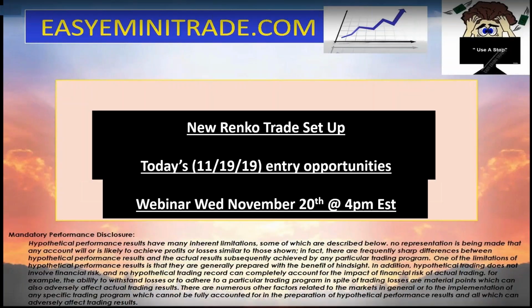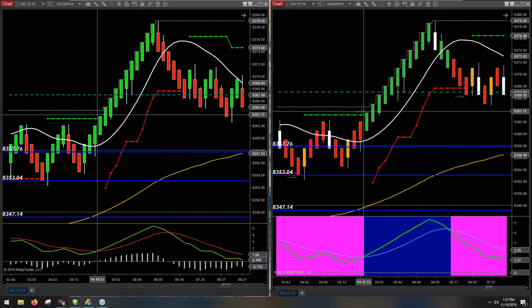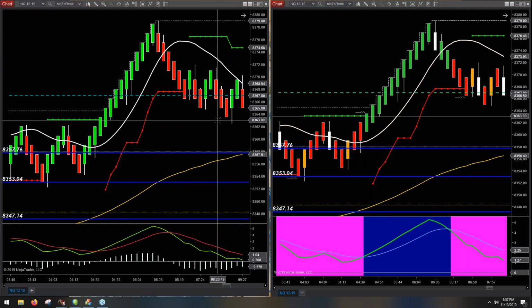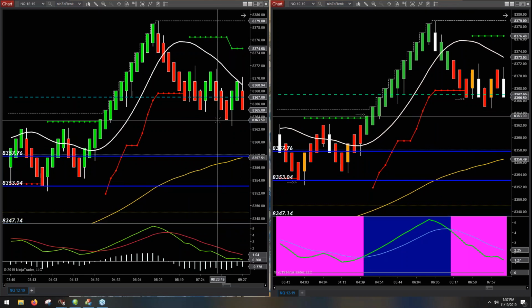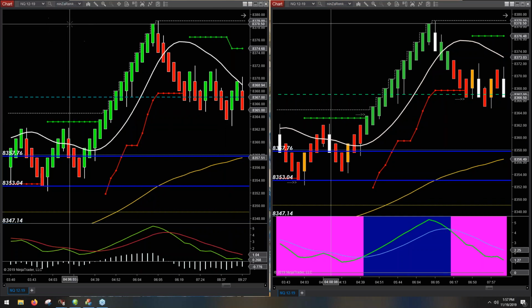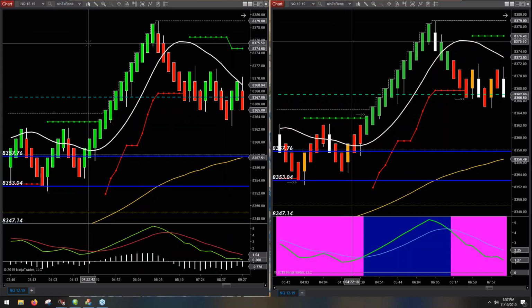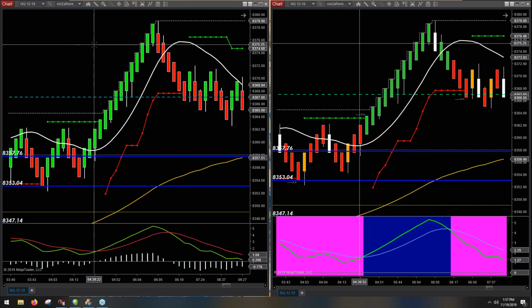Okay, so let's get started. When I've been doing these recordings, I've been doing it on the NQ. The setup can be used on ES, YM, CL, GC, 6E, whatever you like to trade. Just the Renko settings will be different on the different instruments, but this setup can be used on anything. So just like I've been doing, I have the standard indicators over here on the left, and then Gordon's indicators over here on the right,